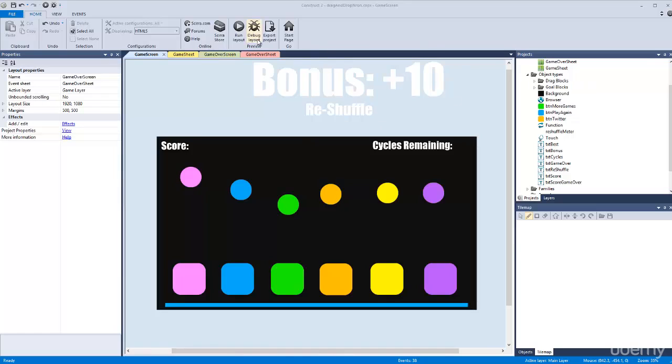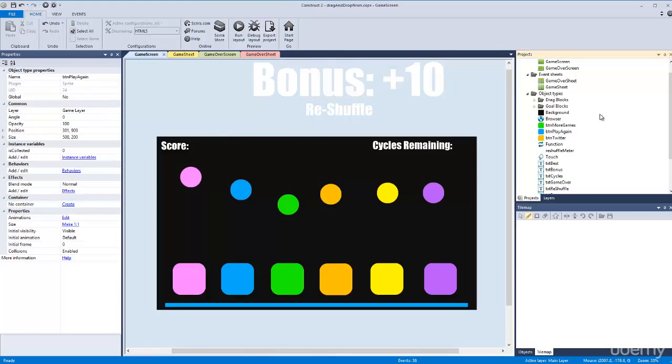Okay, so now that we have a game over screen, we need to go and add in a menu screen. Now, very rarely do games not have a menu screen. There's several reasons for this. Even though it makes sense to actually put the person in the game as quickly as possible, there needs to be a bit of downtime so the user can just get a couple seconds to find out what they're about